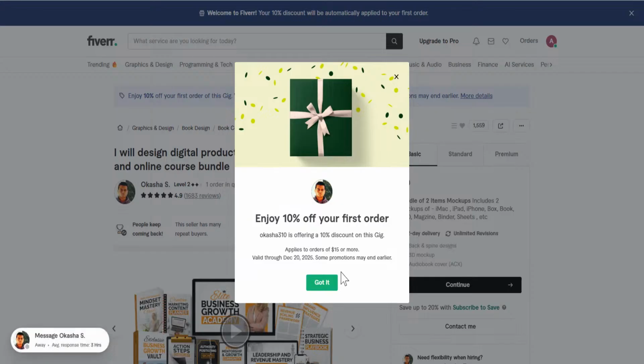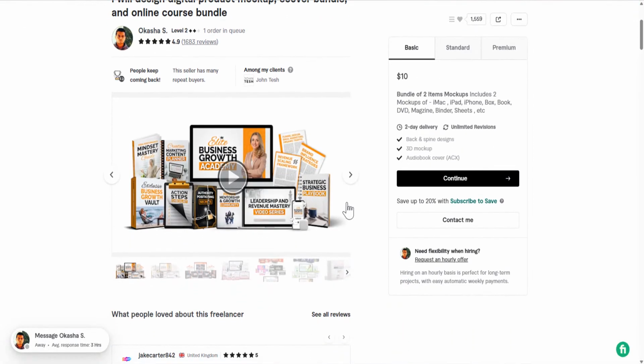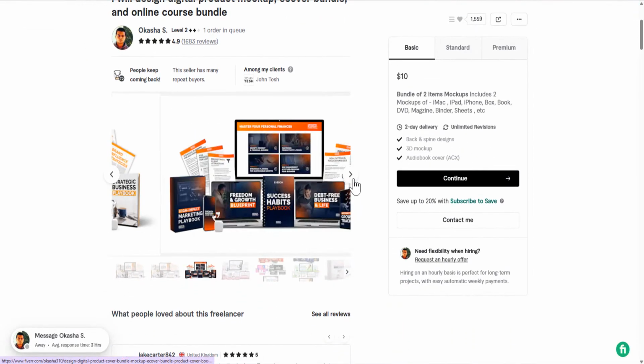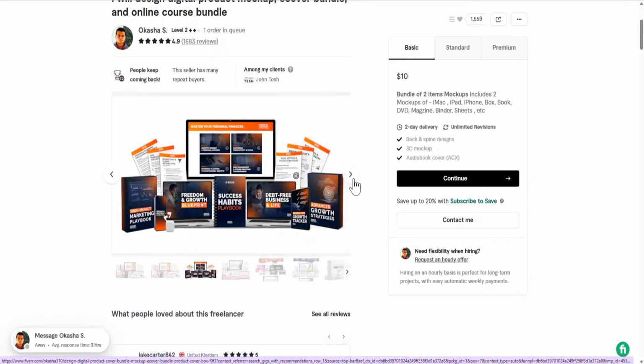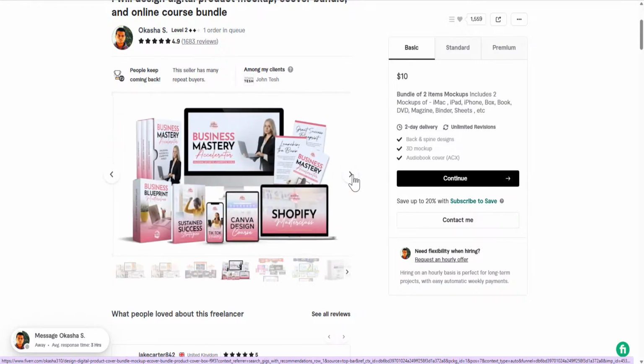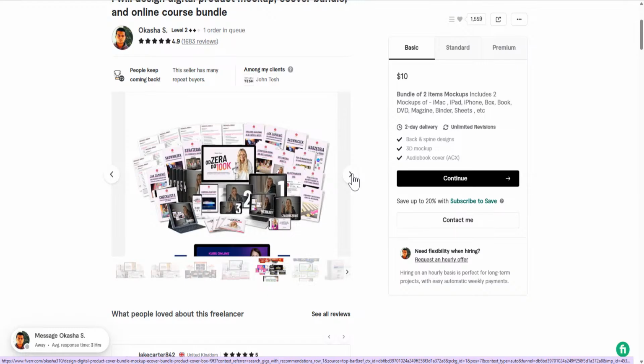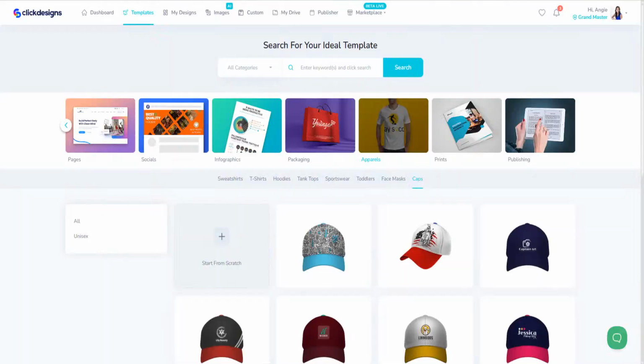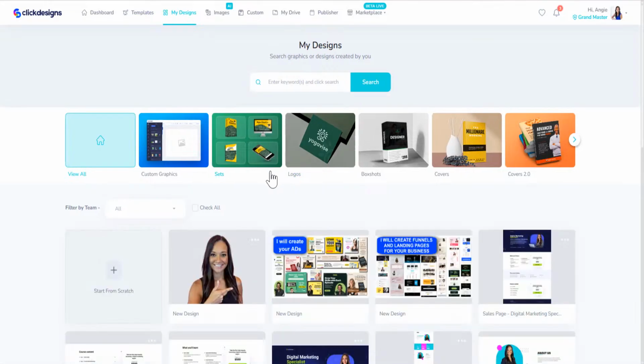It looks like this is a mock-up that's already inside of ClickDesigns. If you look at this, elite growth, right? You can, oh, awesome. I love it. Okay, so you look at all these and you can have these too. So how do you do that? Here's what I'm gonna show you. What you wanna do is on your Fiverr listing, you wanna make a bundle. So I'm gonna go over here to my designs, and I'm going to show you some of the things I've